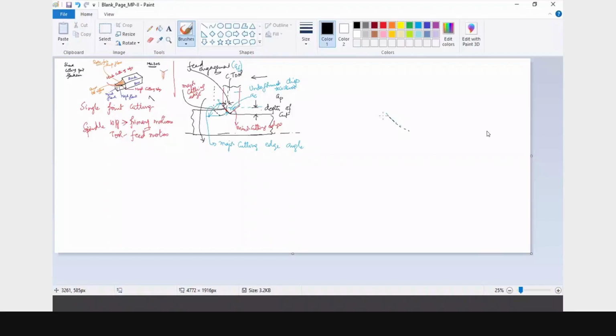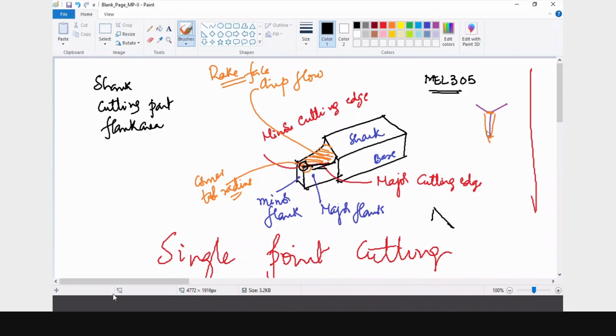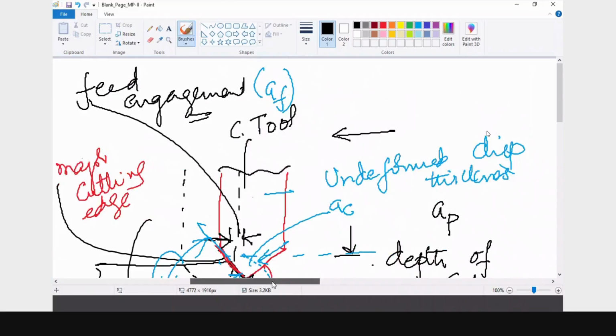This is the cross section of the uncut chip, which is going to be removed after a while. Whatever is left, you are going to remove after some time. And as I told you, the corner radius I have shown at this location, the same thing, that is why I have written some radius. So this will be your corner radius.